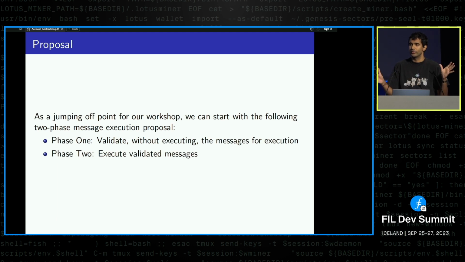They're all assumed valid because you've already validated signatures and nonces and so on, and then you just execute all of them in sequence. What we are proposing as a result of having account abstraction is that you pick all of those messages, validate them individually in sequence, doing one pass over all of them, then execute them all, doing a second pass, obviously only executing the validated messages.